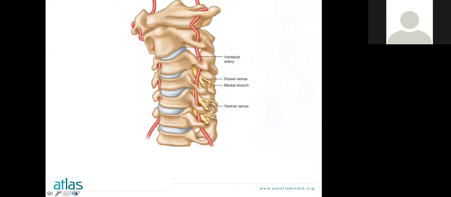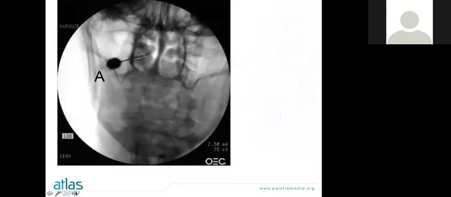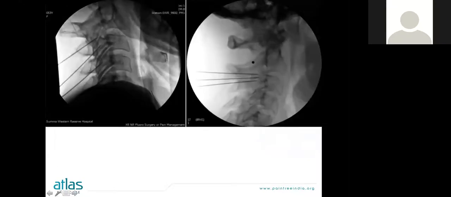You can see the needle is in the C1-2 facet joint. You can see the odontoid process. It's difficult for me to explain. Can you see the arrow on your screen? Yes. So that's the atlanto-axial joint. And you have two images here. The one to the right is the